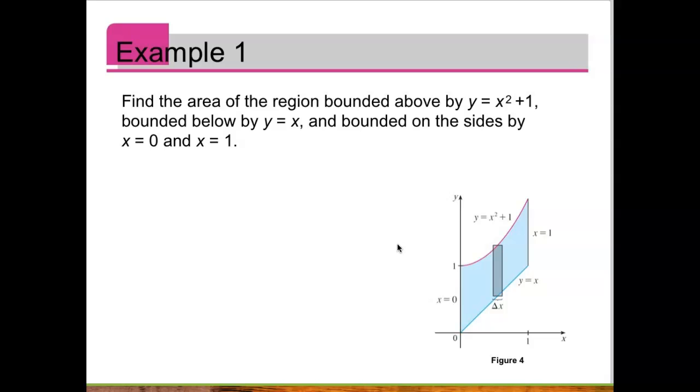All right, find the area of the region bounded above by x squared plus 1, below by y equals x, and then bounded on the sides by 0 and 1. The only real tough thing about this is that in this case they've given you the graph and told you which is on top and which is below, but that's not always going to be the case. Sometimes I'll just give you two functions and say find the region bounded by those functions. Then you're going to have to make that determination yourself. That's not too crazy, though, and we'll do an example of that. All right, but in this case,